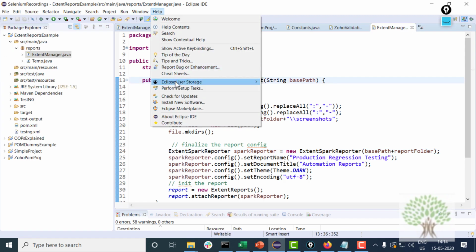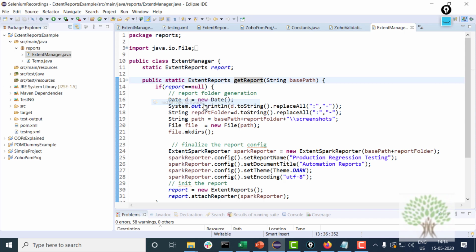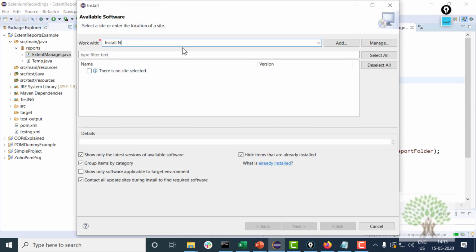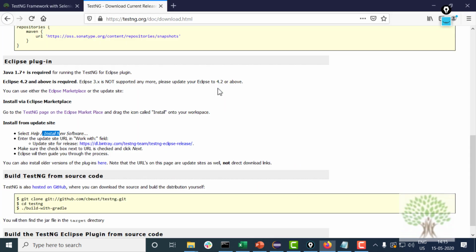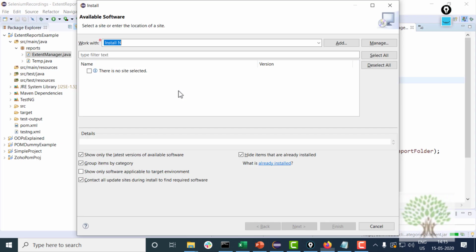You go to Help, Install New Software and paste this, but please be careful with the version. Let me see what is the version of TestNG which it will be installing, and if I copy and paste this link and hit enter, it will take some time to load the dependencies. At times it takes a little more time, so you have to be a little patient.